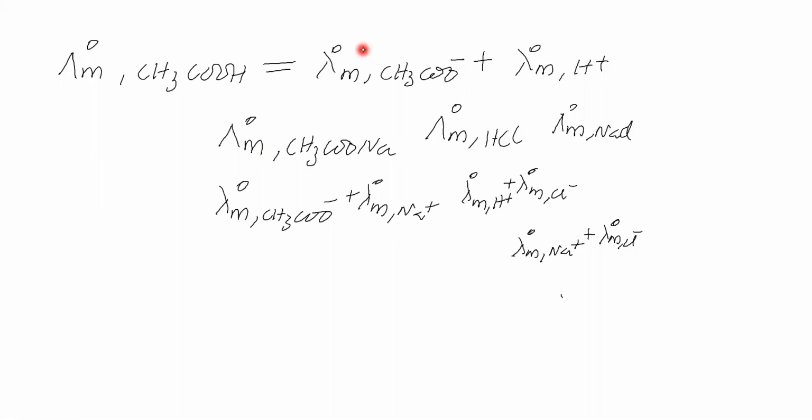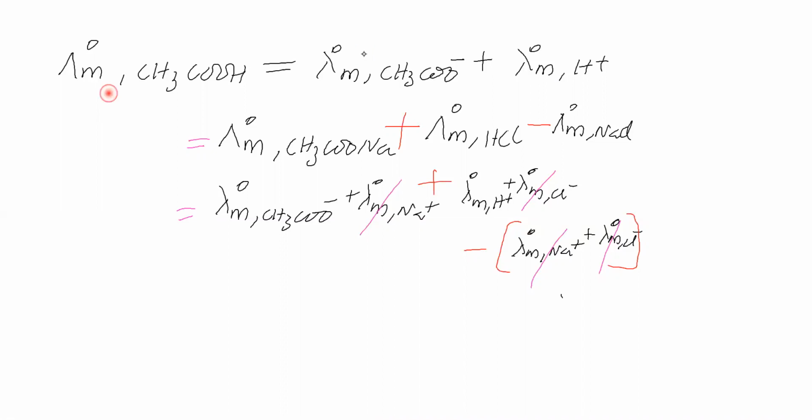If you are saying that it is possible, in what way? Here we have to add, here we have to subtract. So you are adding here and subtracting here. By doing that, can we get this one? That we will see. By doing that, Na plus gets cancelled, then Cl minus gets cancelled. What is the rest? Acetate ion is the rest and H plus ion is the rest. The sum of these two is nothing but this.